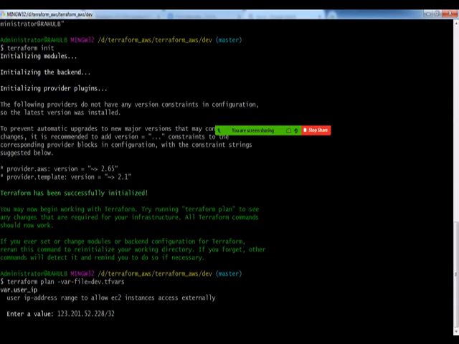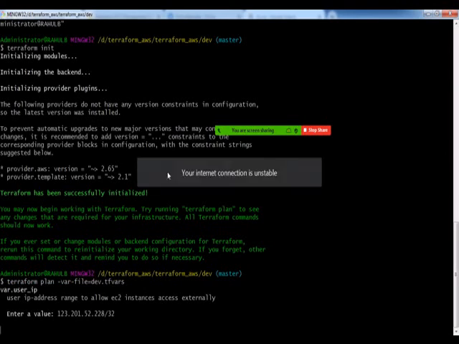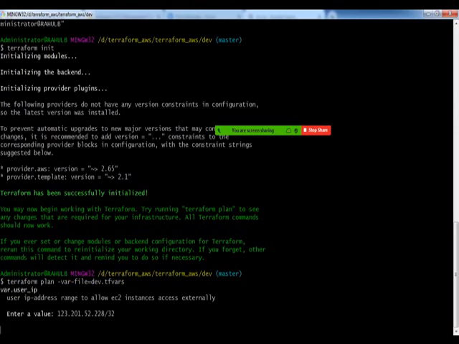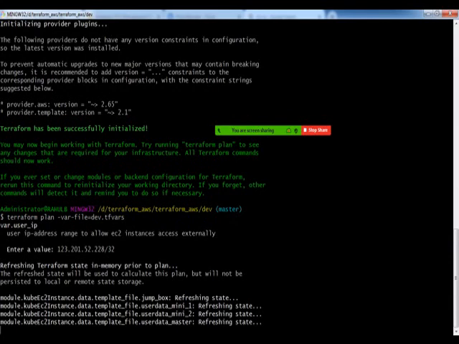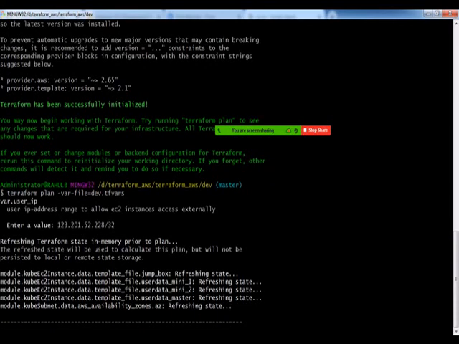Now this Terraform plan would take me through the changes that Terraform is gonna create on my AWS account. It is taking a bit of time because the resources that have to be created are 24 in number.